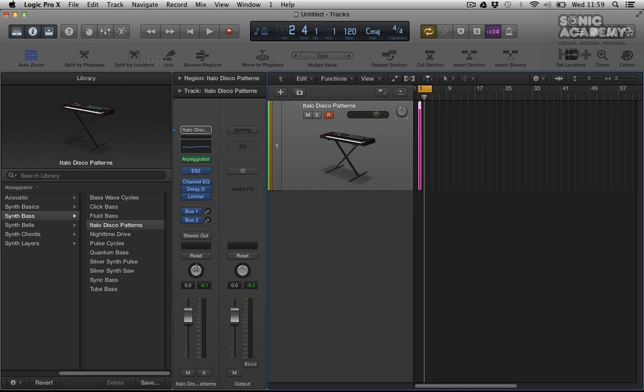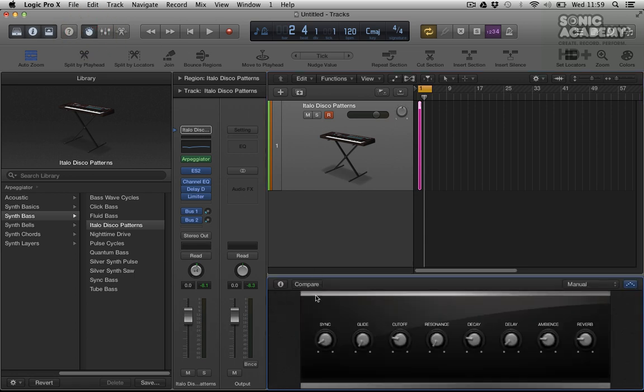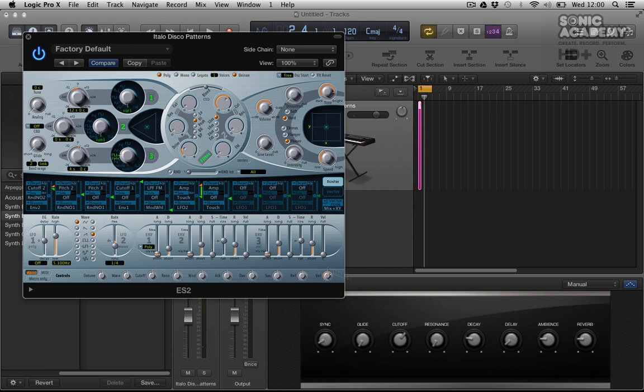Moving along the top screen, we have smart controls, and you can define these. These are kind of predefined, but we can edit them and change the definition of what they do. So what I'm doing with this one, cut off. This knob has been told to affect this knob. So when I turn it,